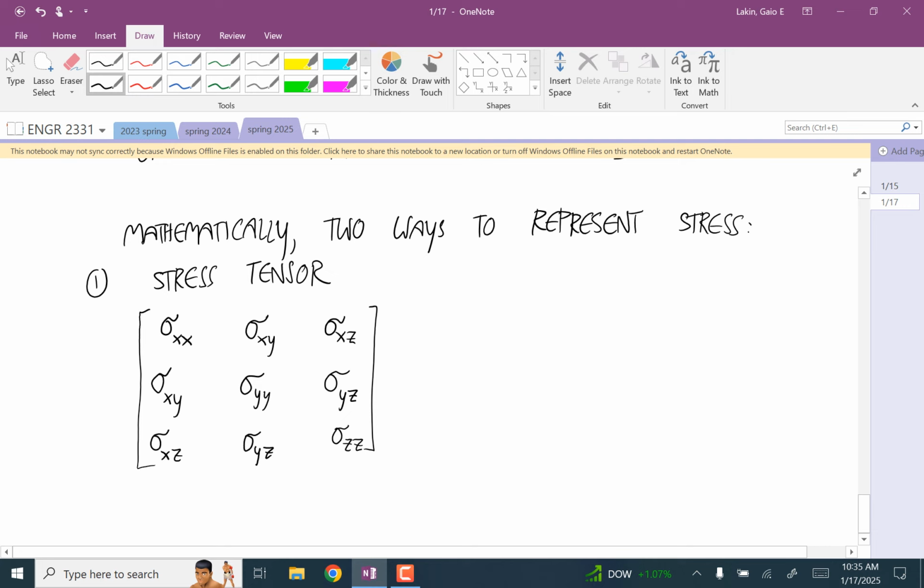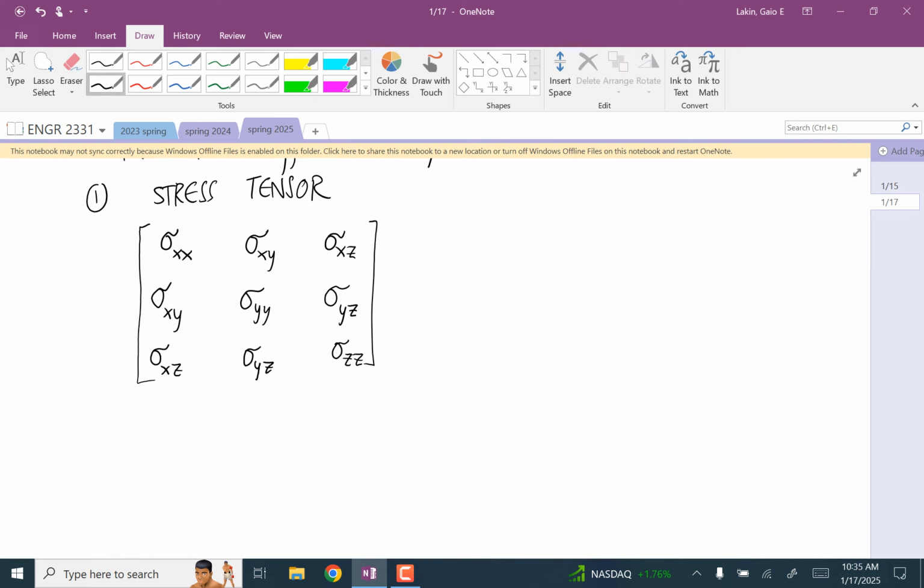Okay, and how often when you have a stress tensor can you write a corresponding stress cube for it? When you have all the values? Yeah, always. So remember that stress cube is always a representation of a stress tensor. If you have one, you have the other, okay? That was a weird way to ask that, but